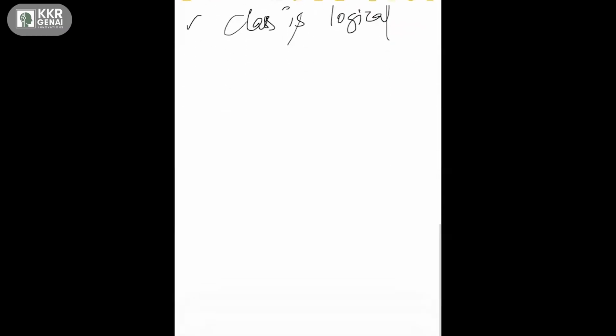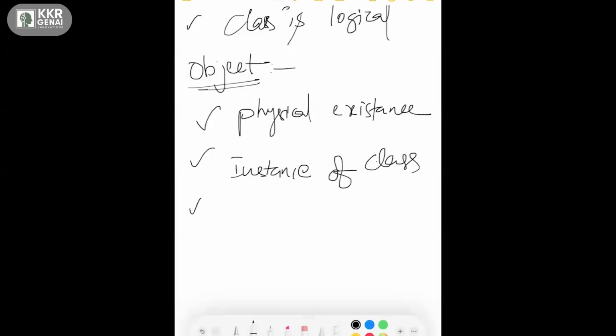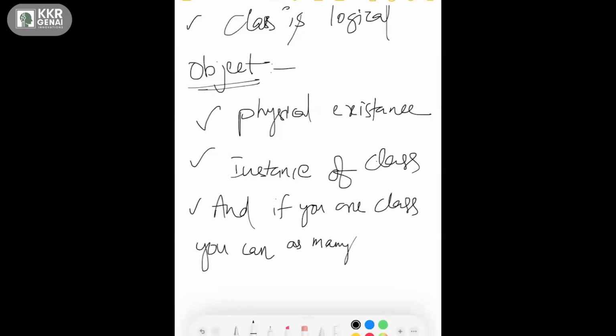On the other hand, an object is a physical entity, which means that it has physical existence. An object is an instance of a class, and if you have one class, you can create as many objects as you want.